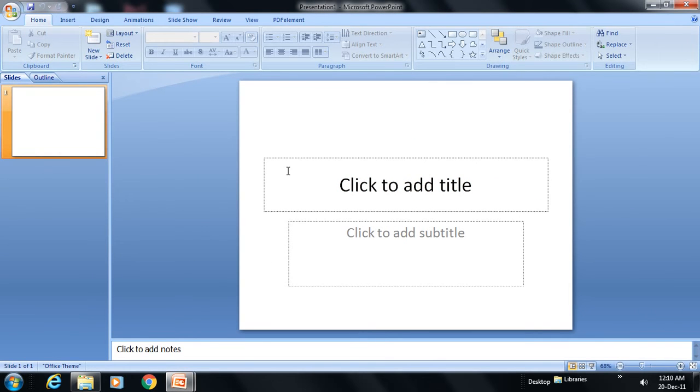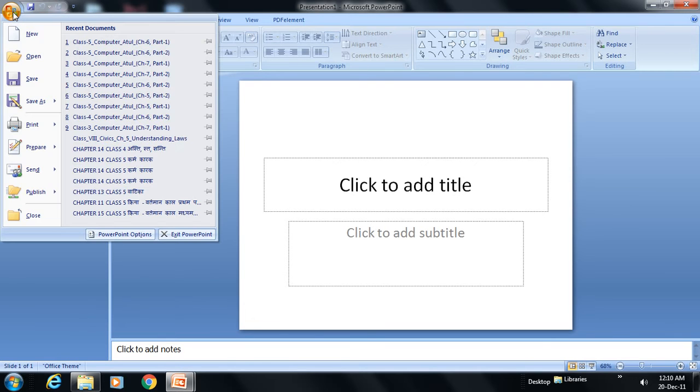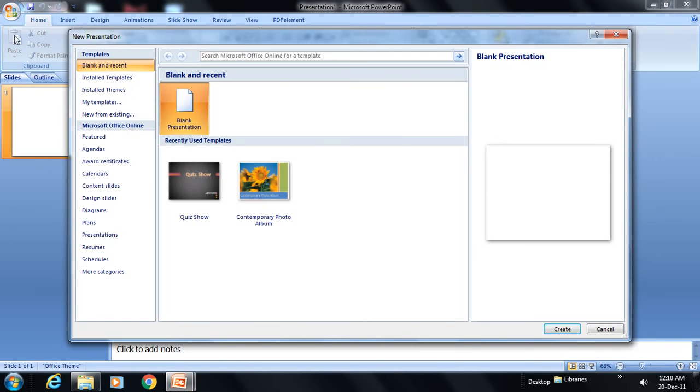As you can see, this is the blank presentation, but if we want to create a built-in template, what we need to do? You need to click over here on the Office button, then click on the new option. Then as you can see, blank and recent is selected. But we do not want a blank presentation, we want templates.